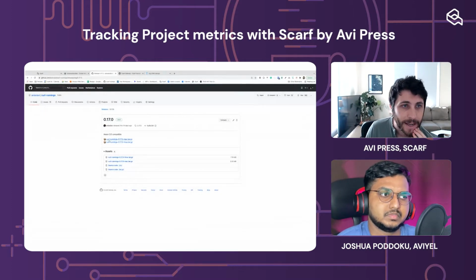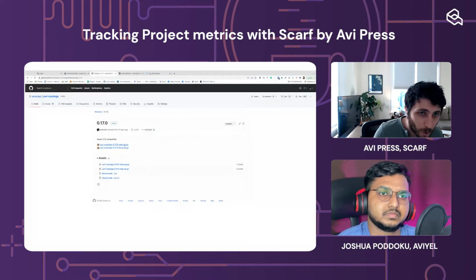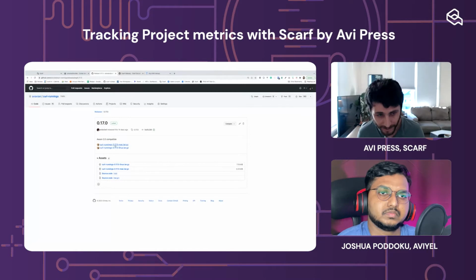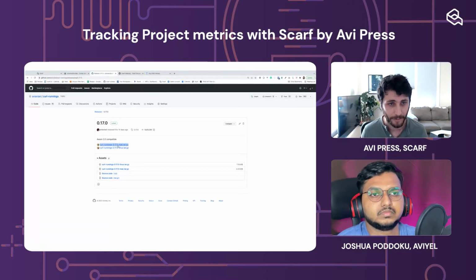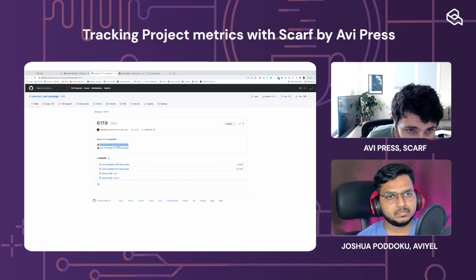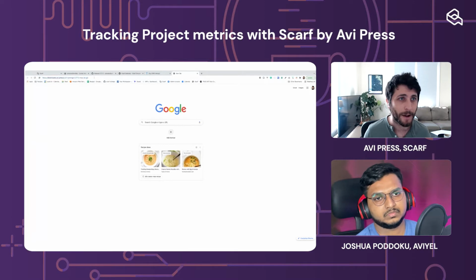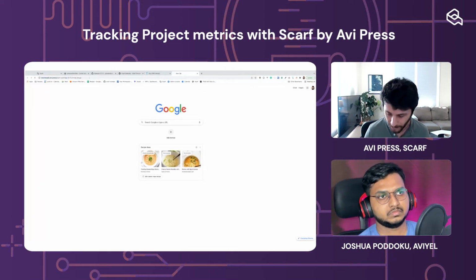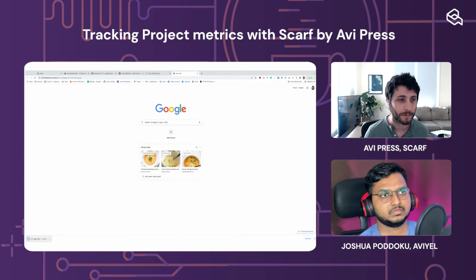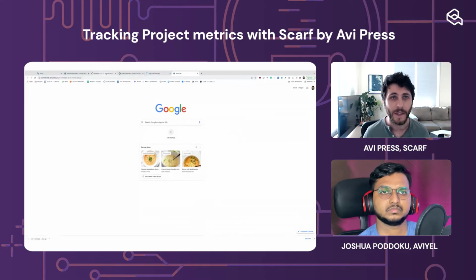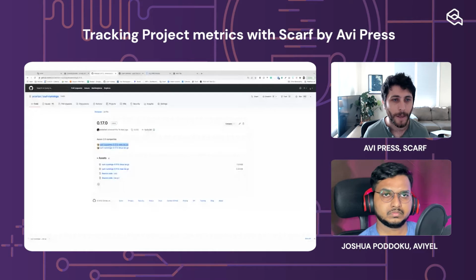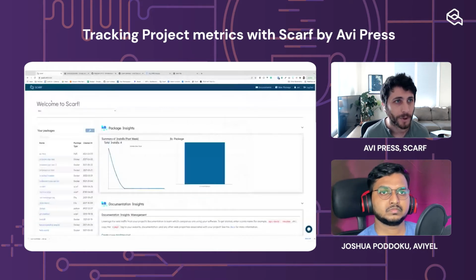For any given release, I embed the tarballs, the built executables, and it's really hard to see here, but in the bottom left corner you'll see that downloads.avi.press is the link. I'll copy the link address, and this is the download URL for this artifact. And if I hit enter, I get the download here. This ended up hitting Scarf Gateway, and then Scarf Gateway simply redirects over to GitHub.